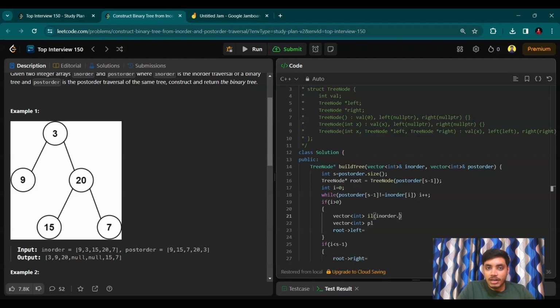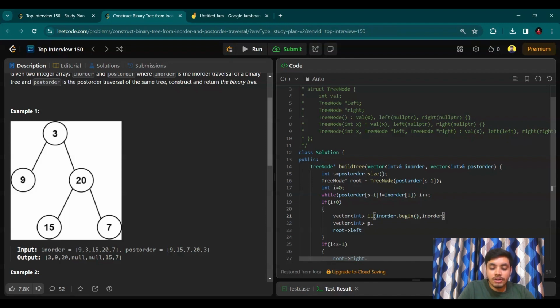So your left part is from the beginning until the length of the in order. You already know that your root node is at the first position. That means all the elements before it are for the left part. So using this concept, you can simply start from the beginning, and until where we have to